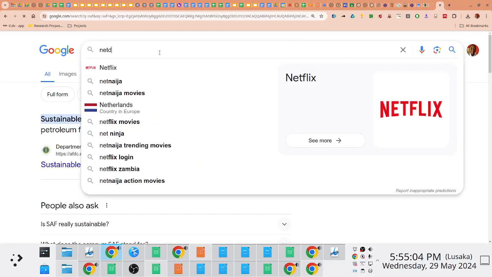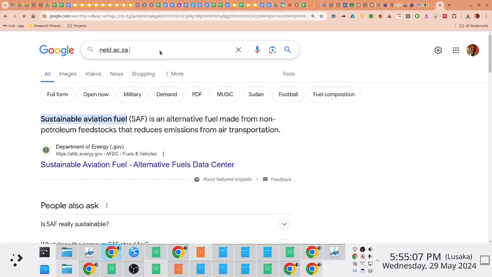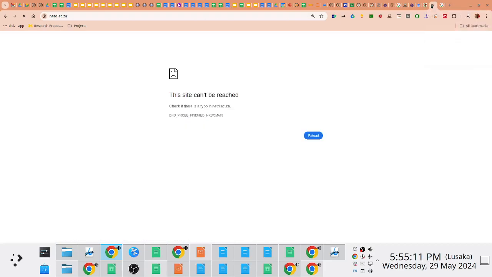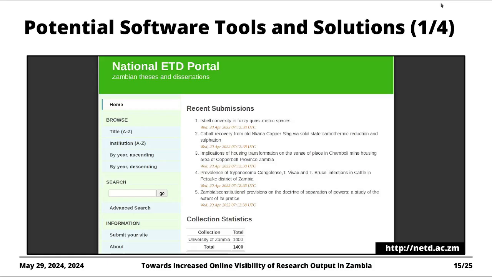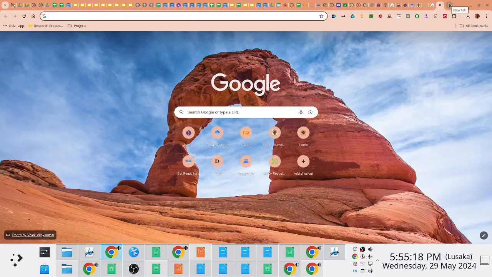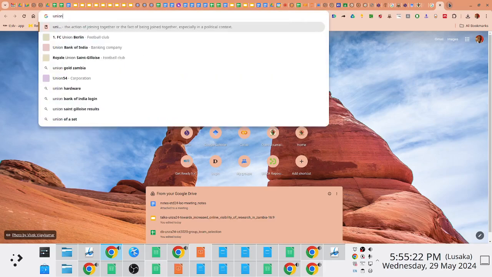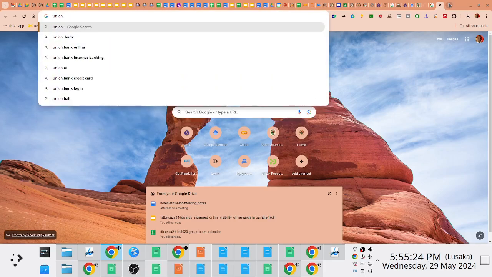Just try and see if we can find a direct link to the national portal. It appears to be down here. But in addition, it turns out that centrally making available this sort of information will make it possible for us to syndicate this content to other downstream services, they are called. So the NDLTD, for instance,